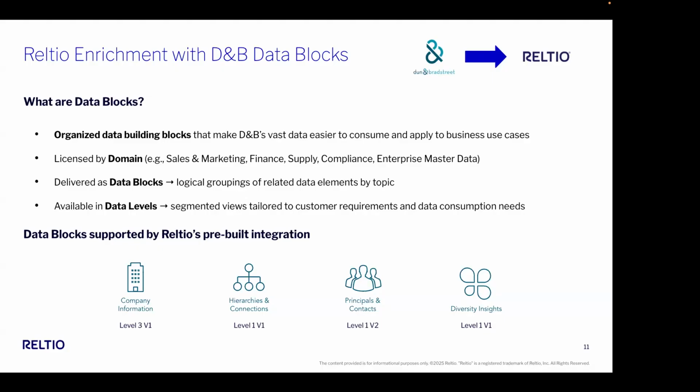The ones that we have chosen in this pre-built integrated capability, we haven't cherry-picked these. These are the ones that are most commonly used. These are handy for most business use cases, especially for customers of an MDM solution. And we continuously keep enhancing this integration, and our roadmap includes more. And like I said, even if we support, say, the four that you see on this slide, whether it's company information data block, hierarchies and connections, principals and contacts, and diversity insights,